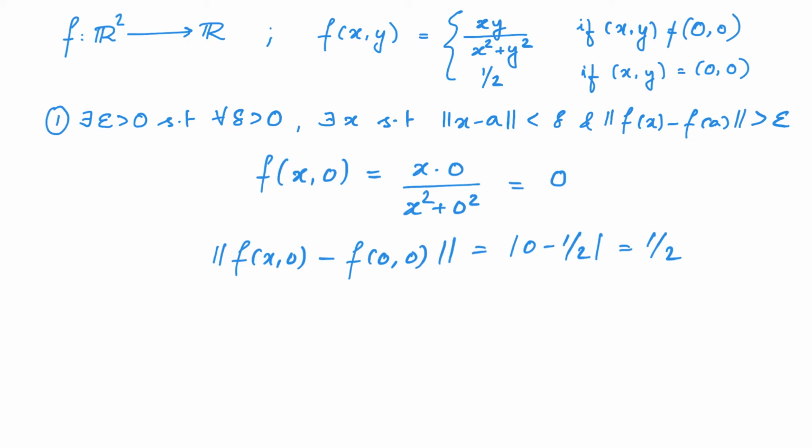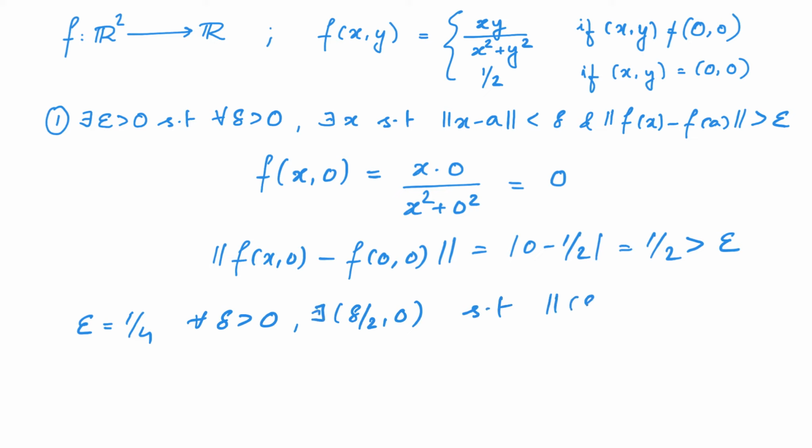So if you take an epsilon that is strictly less than half, then we will have what we require. So in particular, let us take epsilon to be equal to 1 by 4. Then notice that for this epsilon, whatever delta you take, there exists a point, namely (delta by 2, 0), such that